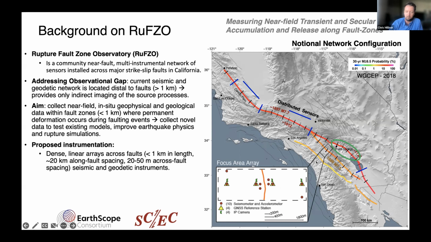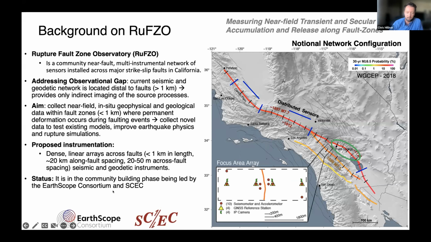So this is kind of a zoom in here of one of these arrays. And the idea is to have seismometers, accelerometers, GNSS, cameras, maybe creep meters and strain meters. This is something that we're going to discuss today as to what these should look like. And so the status of RUSO is that it's currently in the community building phase, and it's being led by